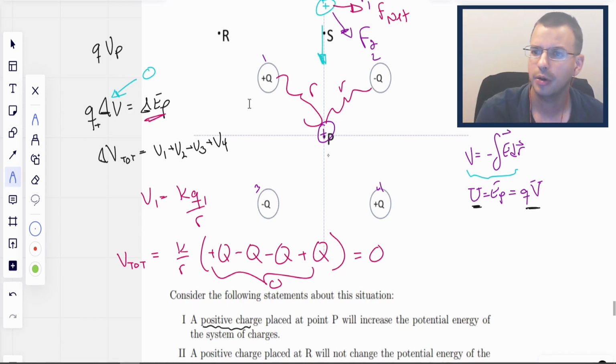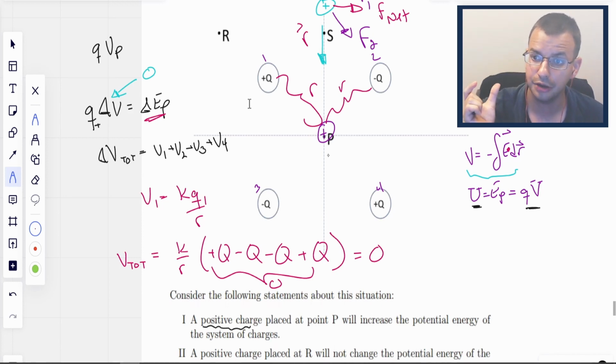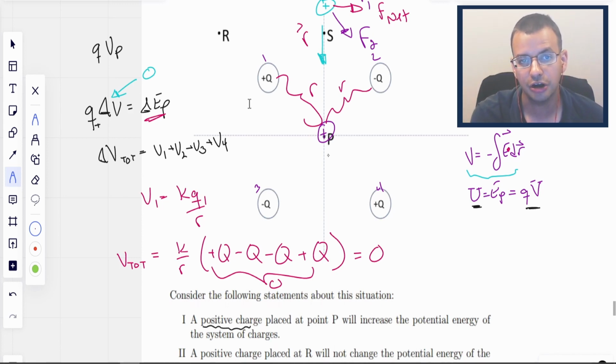And you might be like, well, what if we chose a different direction? It doesn't matter because this is a conservative force, path independent. So we can choose any path we want. This one's easiest because things cancel out. The direction of motion is down. The force is to the right. This is a dot product between vectors. Dot product is how parallel two vectors are. Since the direction of motion in this case is perpendicular to the force,